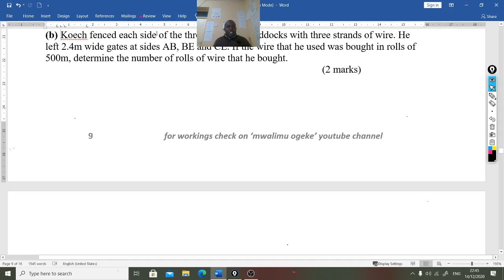Kcse fenced each side of the three triangular plots with 3 strands of wire. He left a 2.4 meter wide gate at side AB, BE, and CE. If the wire that he used was bought in rolls of 500 meters, determine the number of rolls of wire that he bought. So first of all, we found the perimeter, the whole round to be